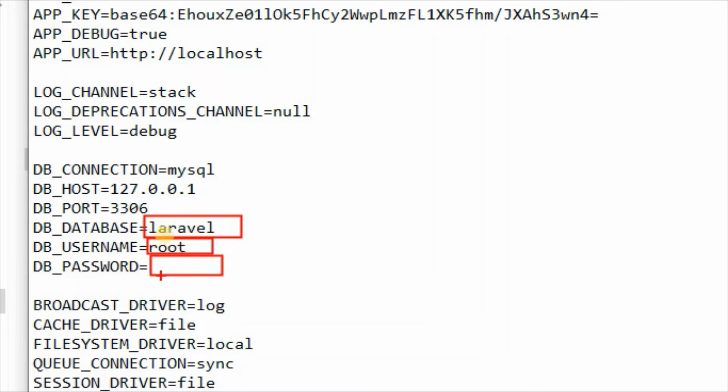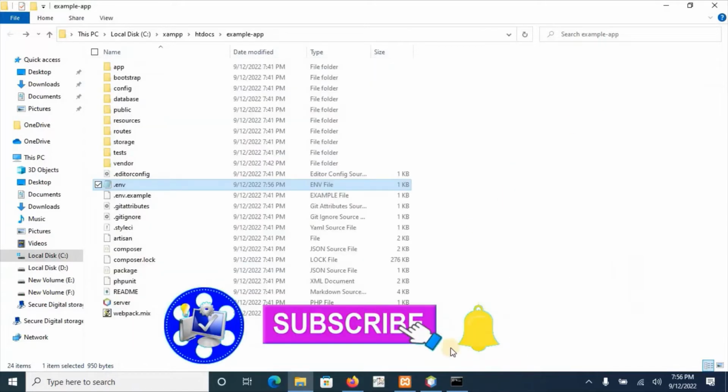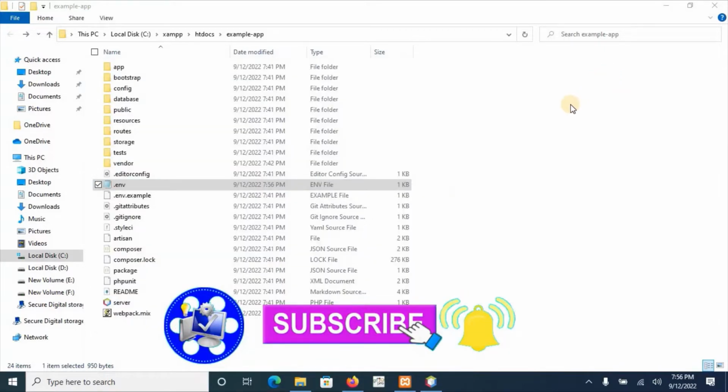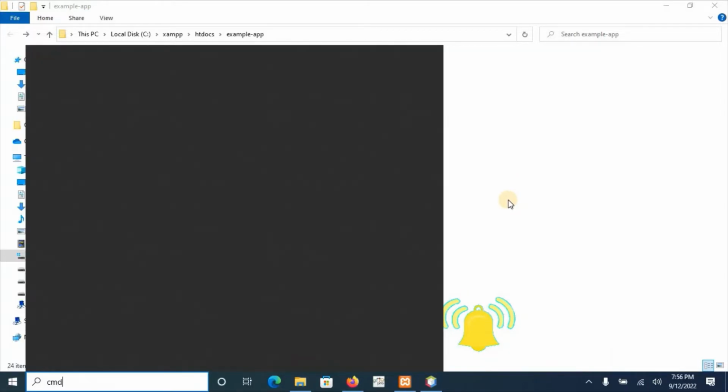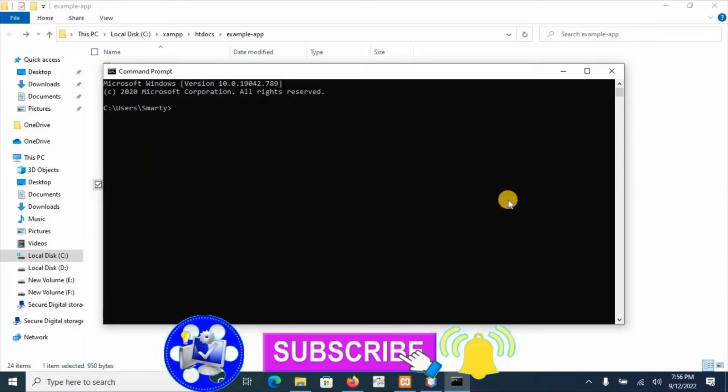This is the default configuration of MySQL in XAMPP and WAMP. We will not have to worry about this. I am just changing the database name, let's say example, for the example app. Save this one. After saving these changes, we will have to run the Laravel application again to load the environment